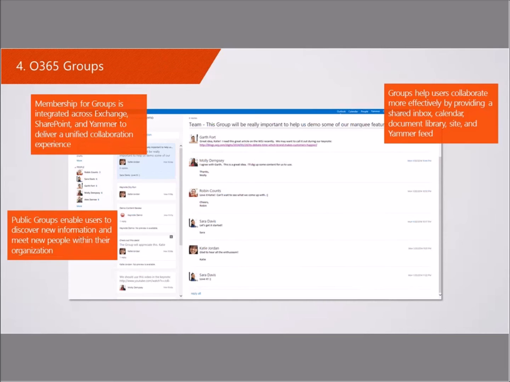So number four, Office 365 groups. This is an interesting one, and this overlaps a lot of other functionality that Microsoft has. So Microsoft has SharePoint discussions. Microsoft has Yammer. We use Yammer internally. And now we have Office 365 groups, which is a little bit of what Yammer is, meaning I can chat, have an internal conversation. I can email an email address, and it gets posted to my chat.